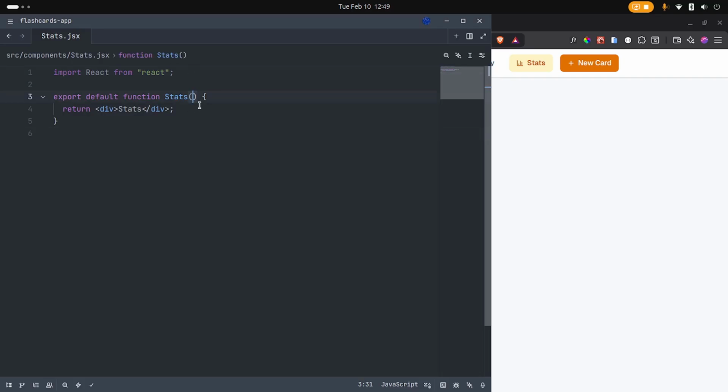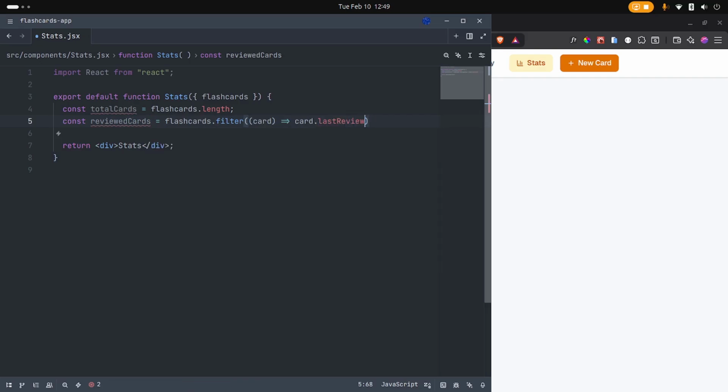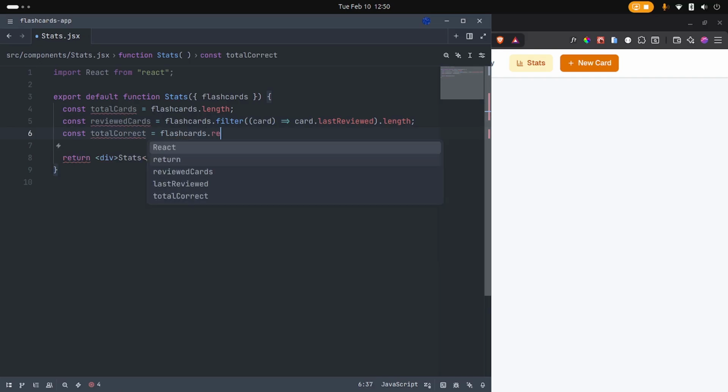So first of all, the stats takes in the flashcards as a prop. So we're going to destructure it, and then we're going to say const totalCards is equal to flashcards.length, and then const reviewedCards is going to say flashcards.filter, and then for every card that we get back, return the card.lastReviewed.length, like so, and then const totalCorrect is equal to flashcards.reduce, and then passing the sum and then the card, and we're going to return sum plus card.correctCount, like so,